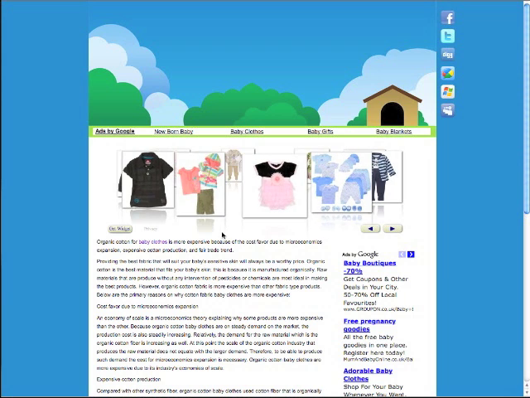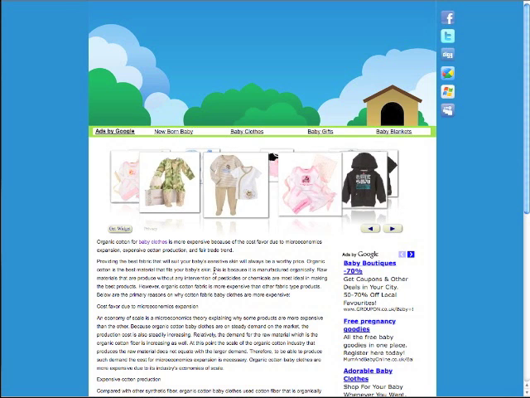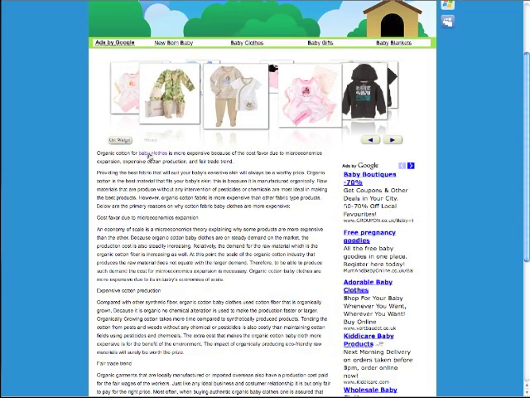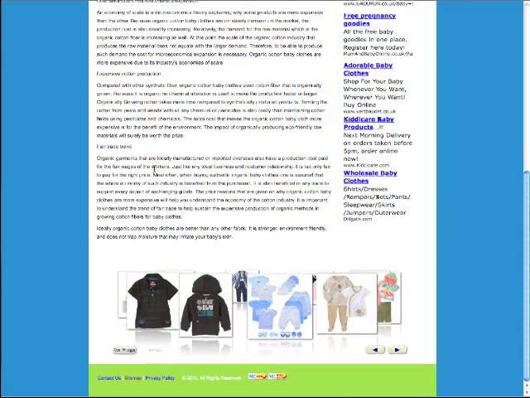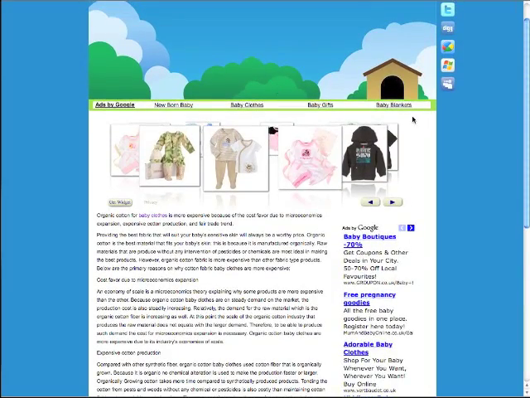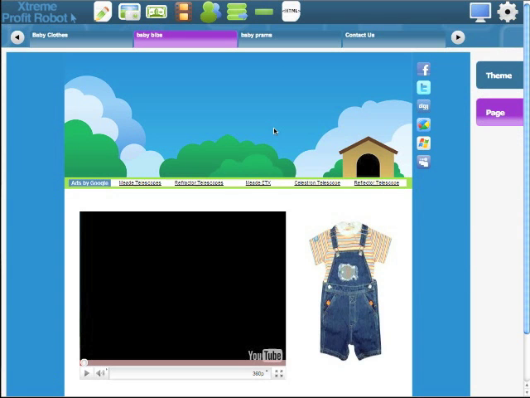So here we see the first page we've created with our Amazon carousel here with the various different baby clothes. We see our Google adverts, we see our original content with our first link that we created, and again more Amazon products at the end. But what we haven't done is we haven't added a menu, so we don't see a link to choose to see our new pages. So what I'm going to do is just jump back to our site builder,